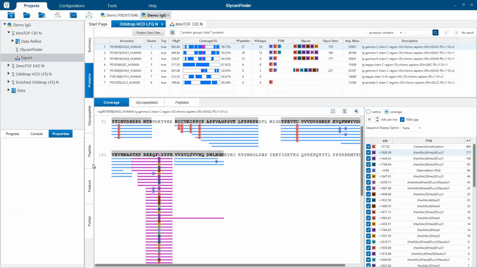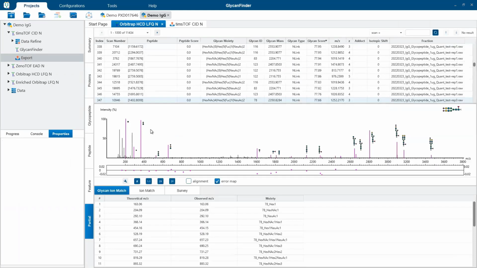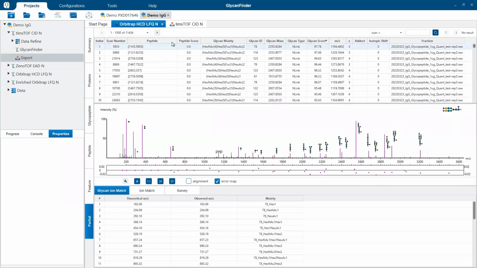Some additional features that we have here. So we have this partial tab, which I'd like to talk about in a little bit more detail. This partial tab is interesting because it gives you spectra that have a good signal from what looks to be a glycan, but in some cases, you don't actually have a good signal from the backbone peptide. And what we then do is we say we have a peptide with a certain mass, but we can't confirm for sure what it actually is because it just didn't have a match that's within our 1% FDR cutoff or several other reasons.